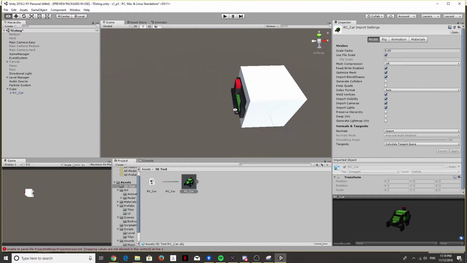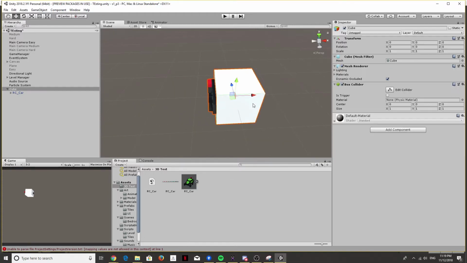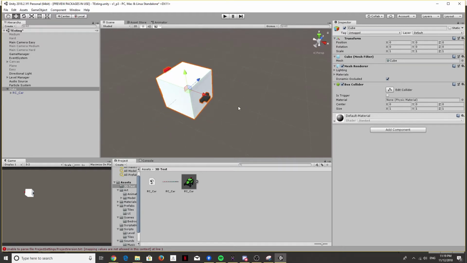Yep, that's a little bit better. I do not mind that it is slightly poking out the front, because it's at the length and the width that we need it to be in. So now all I need to do is